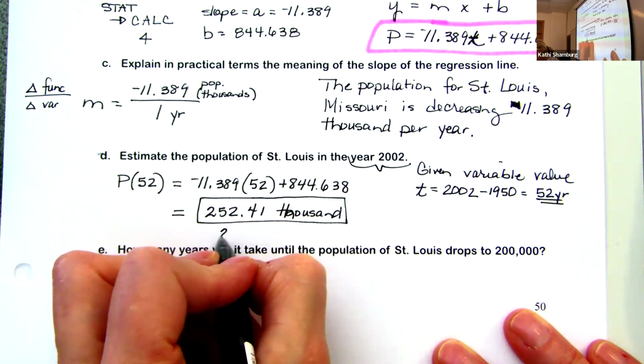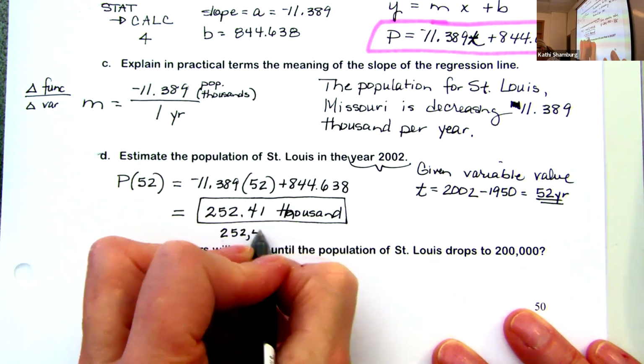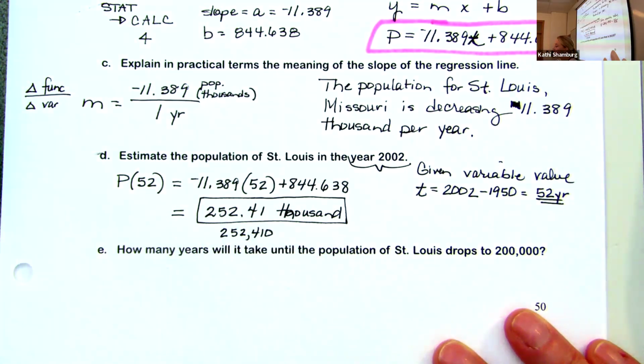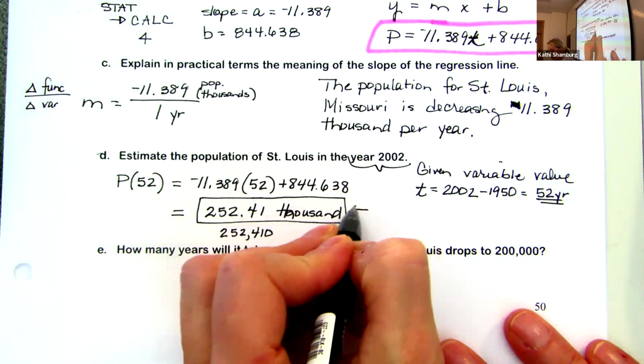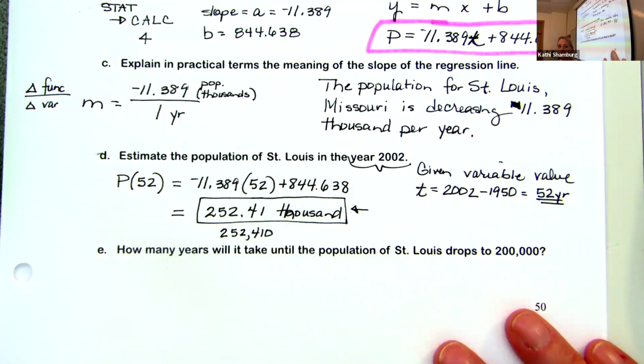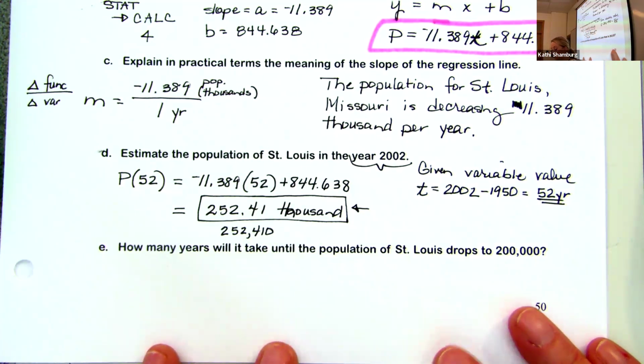Or you could have written it as 252,410. Those mean the same thing. But I would keep it like this, mainly because that's the verbiage in the problem, plus you'll see why here